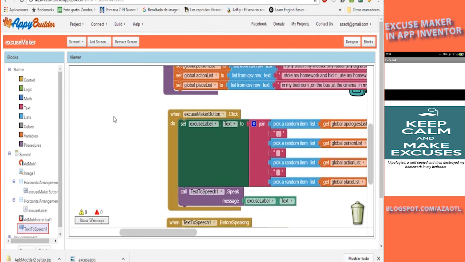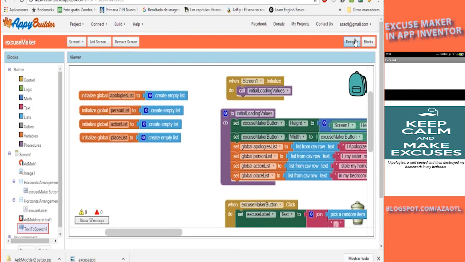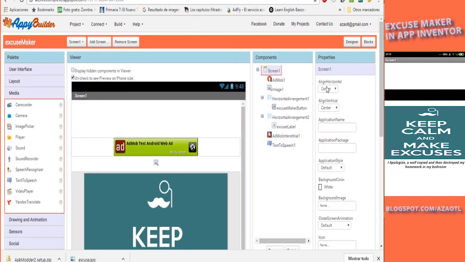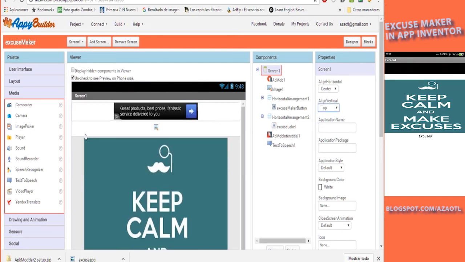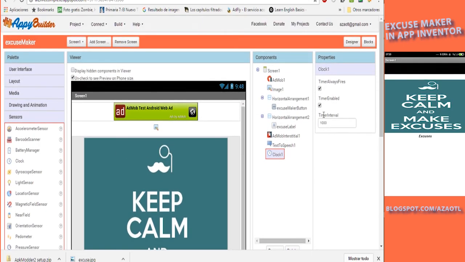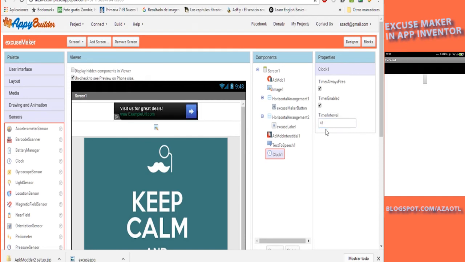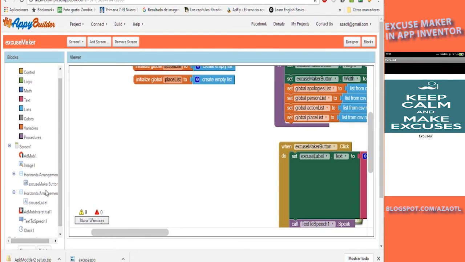Okay. Well, I told you something about what if it's not loading the values at the beginning. Okay. Well, first let's correct here the line vertical. I want it at the top. Okay. And we are going to add a sensor. That's clock. And we are going to set it to maybe, I guess 45. It's okay. We disable timer always fires and just timer enable, and this clock is going to help us to load these